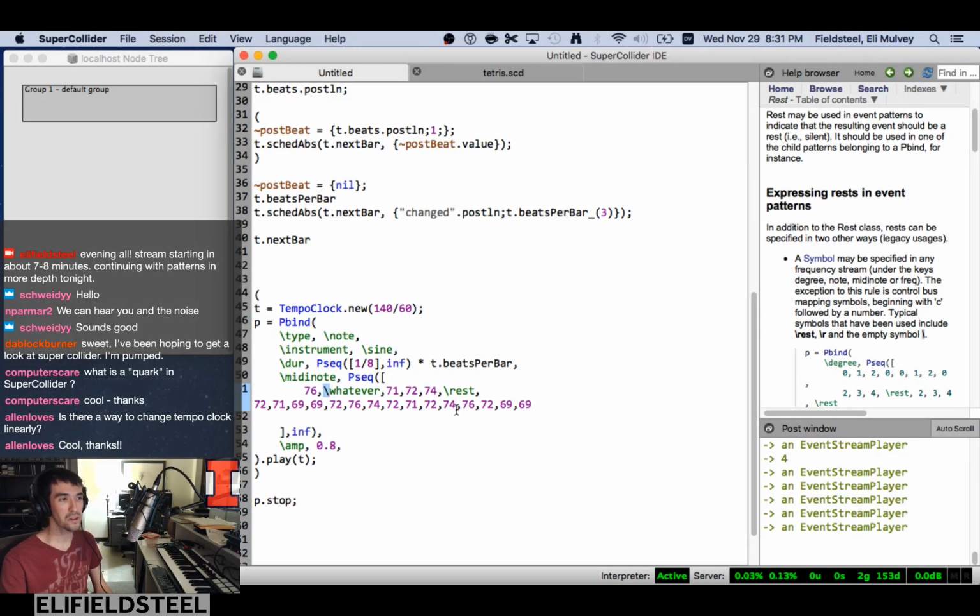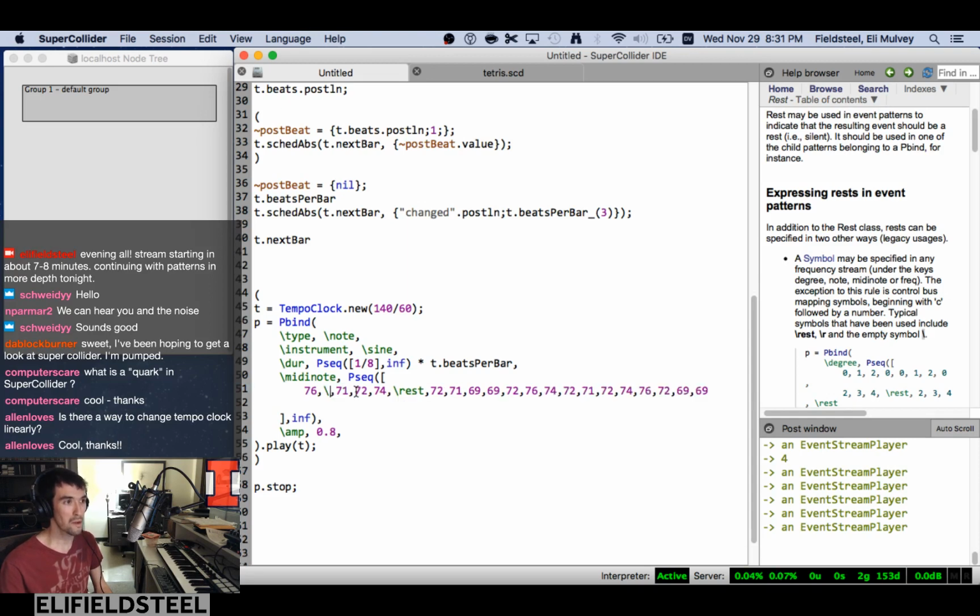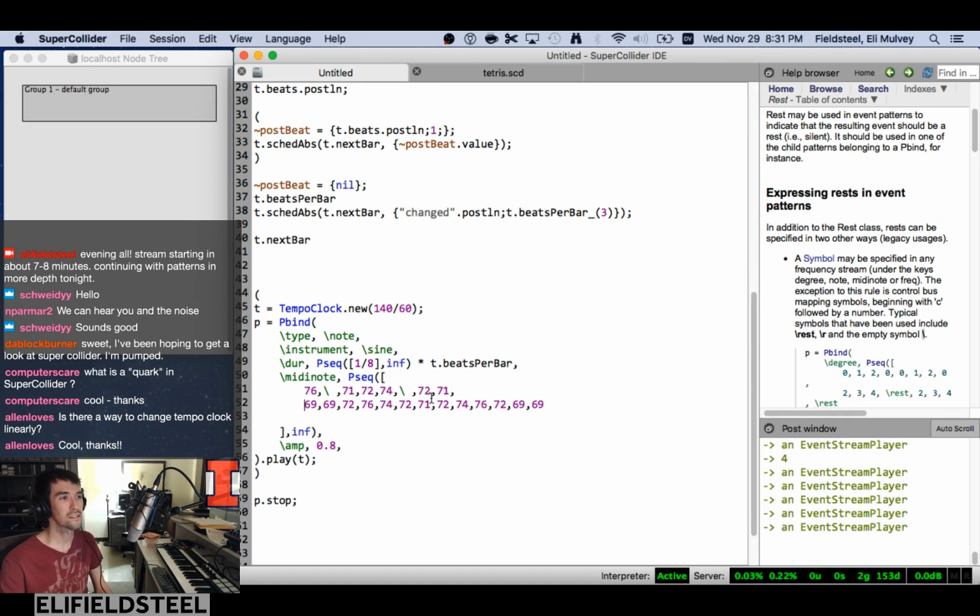So here, I think, is where it really makes a lot of sense to use a monospaced font, because then you can line things up, right? Here's the next. So here's the first bar. You have eighth note or quarter, eighth, quarter, eighth, or however you want to think about it. So then we have one here, then we have two,